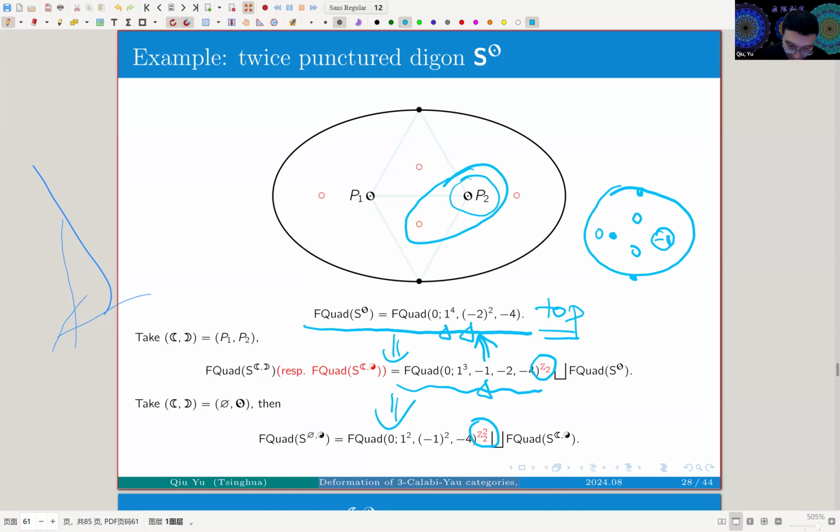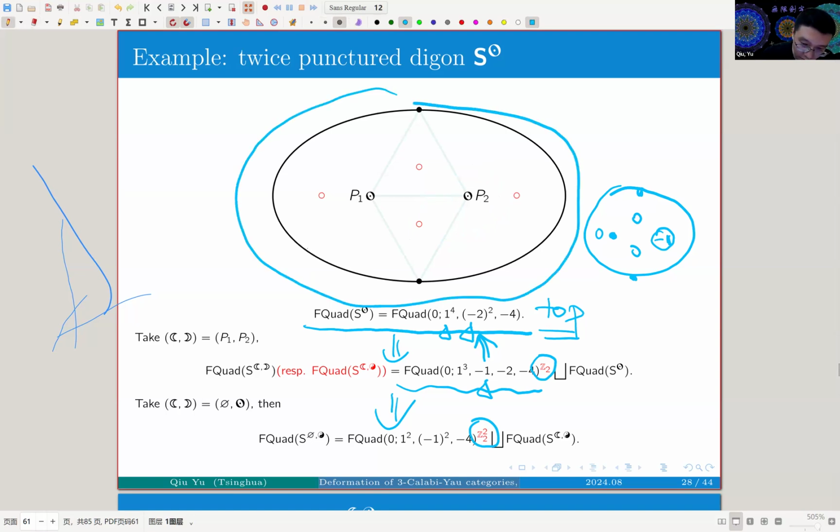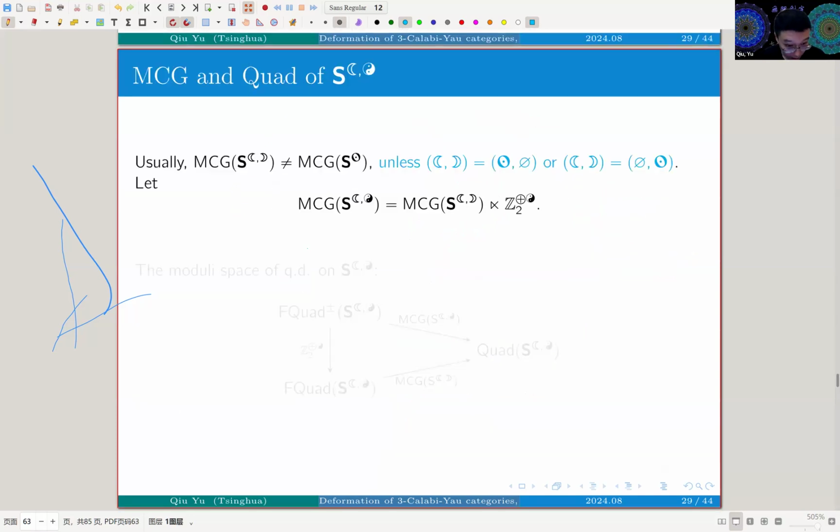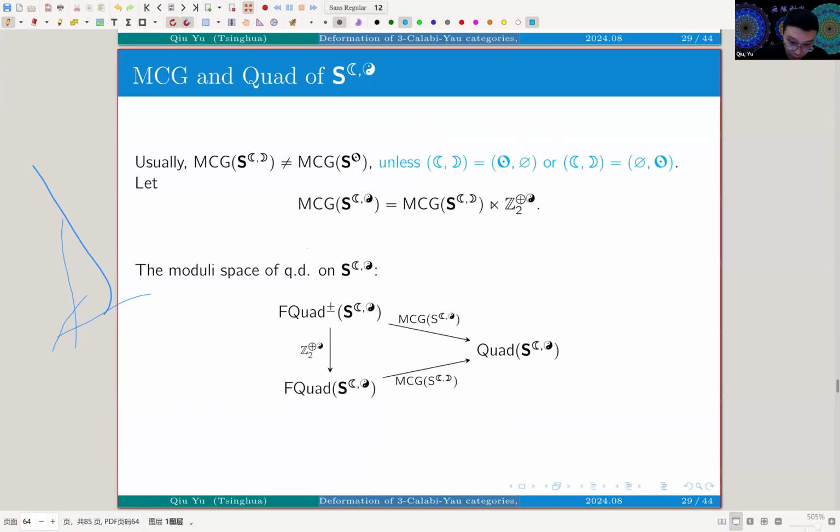But anyway, when you have this kind of topological surface with marked points, with decoration, with punctures, it corresponds to some singularity type, and you can also take a partition of the punctures to form some model space. So that's the deformation from this side. And for the symmetry group, you also need to add the Z2 symmetry to the symmetry group, as you